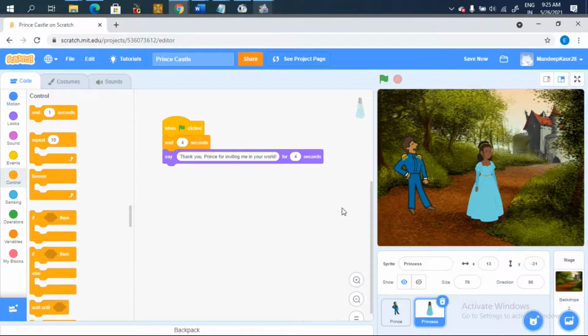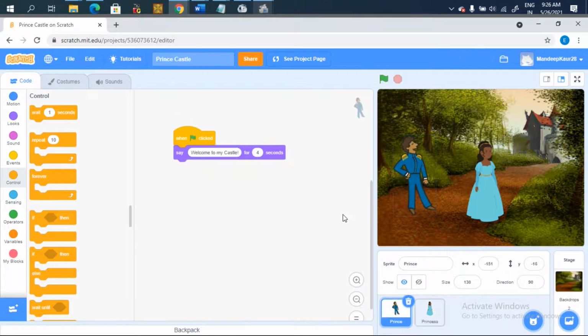So in this way you can add as many characters in your story, and then you can set the time by adding wait, because in the first character if he is saying something for 4 seconds, then when we click this, the first conversation will be like this and the second conversation will be like this.